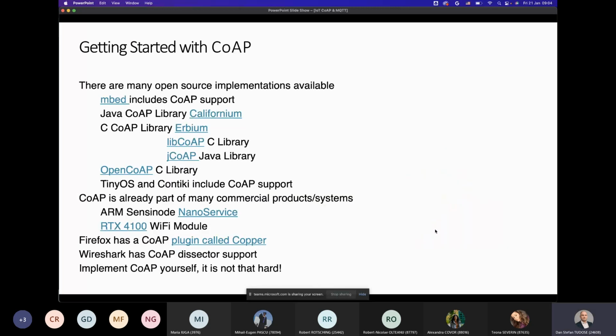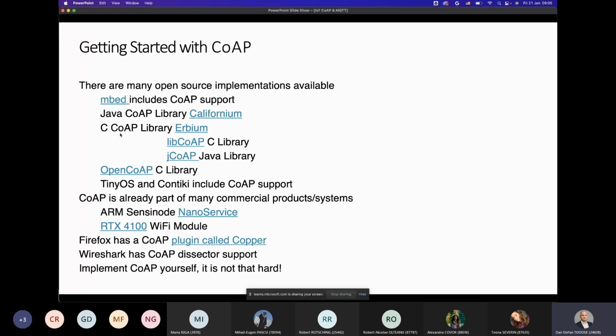Now, if you want to get started with CoAP, if you want to test CoAP applications and see how they run on your ESP32 boards, there are different open source implementations which are available to you. For example, Mbed, a series of microprocessors from NXP, includes CoAP support. On the browser side of things, you have different plugins that you can use.